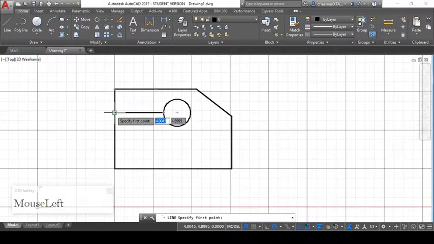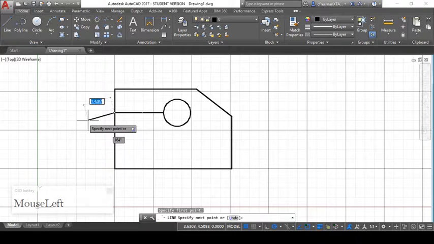Now right now it's giving me a green box to indicate the endpoint. The intersection would also be a green X. So right here there's just some redundancy. So once I've got it highlighted, all I have to do is click and voila, I have snapped to that particular point. All right, that's how to use object snaps.